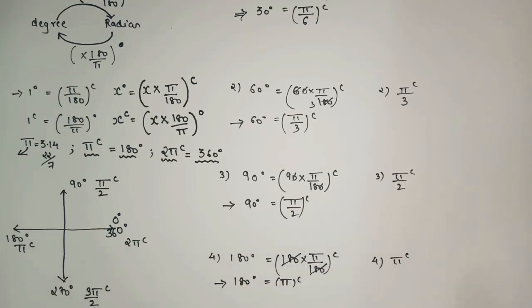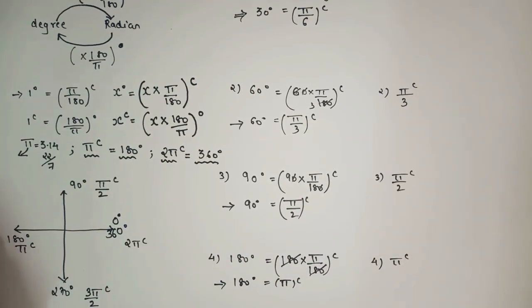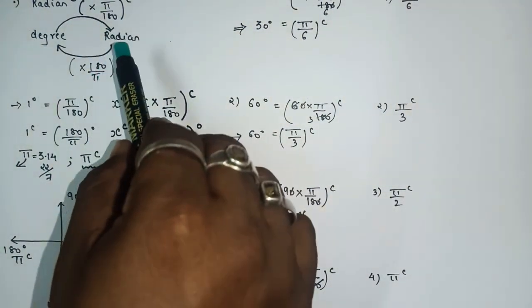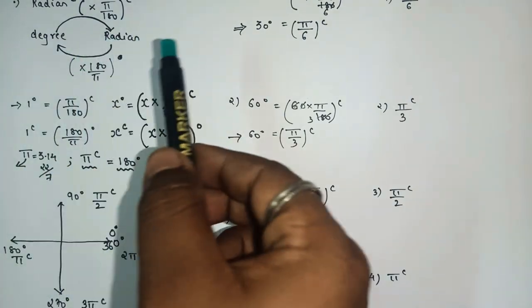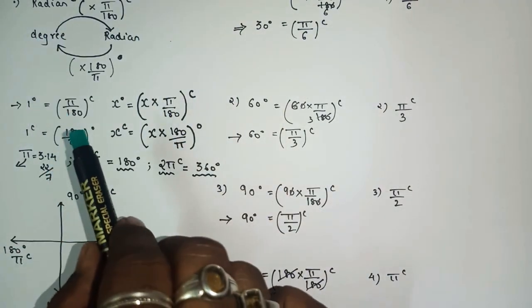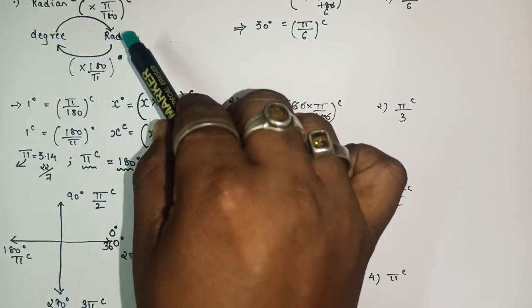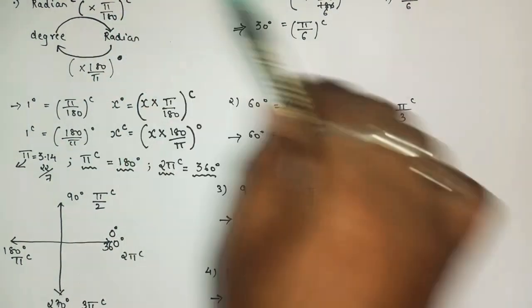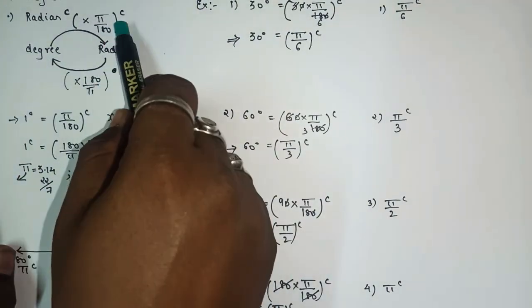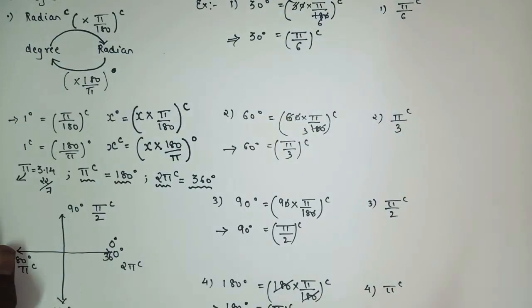Now we'll see the process, a reverse process, how to convert radian into degree. To convert radian into degree, it is simple. What exactly we have to do? Simply multiply that term by 180 upon pi. Just simply reciprocal this value, pi by 180. To convert radian into degree, you will multiply by 180 upon pi. Reciprocal this, okay? So we'll see here.